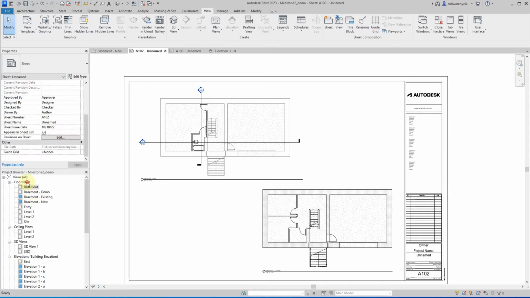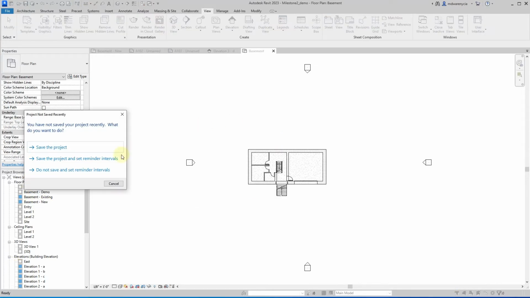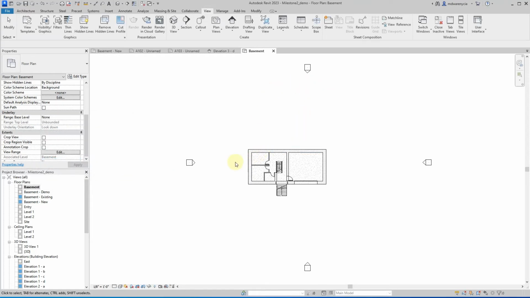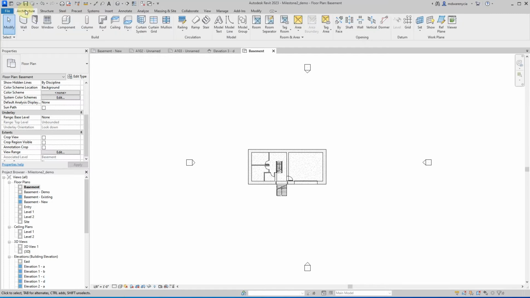Where is it? There it is. That's why I wanted to go there. Okay. No. Okay. Let's see. Lost my train of thought again. Okay. So,